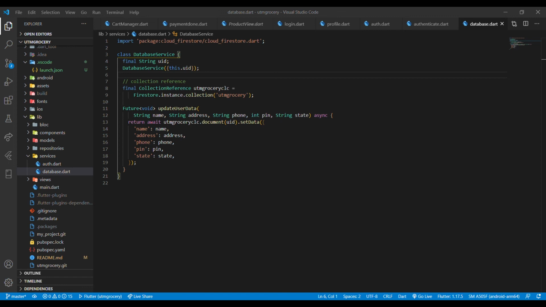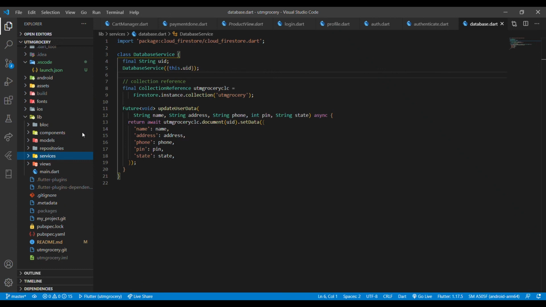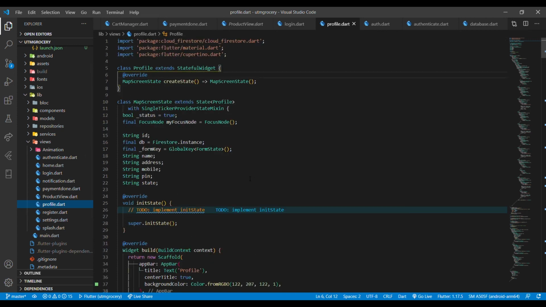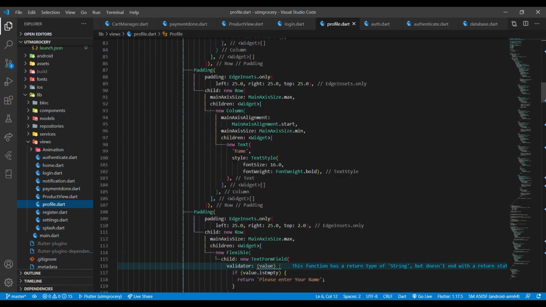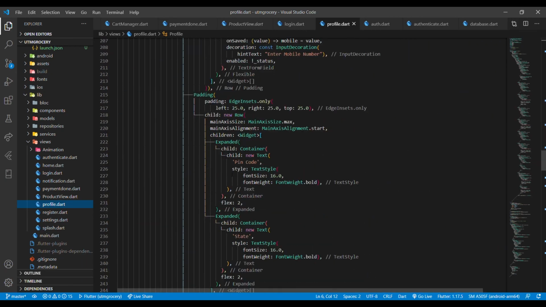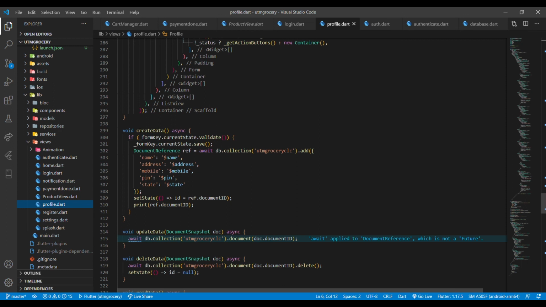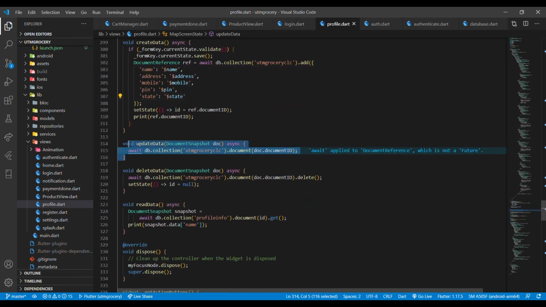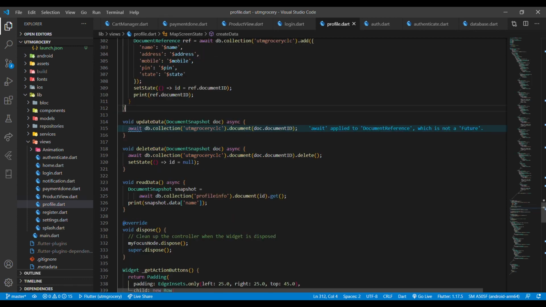So let's see the code for CRUD operation. We did our CRUD operation in the profile page. If we go to the profile page, we have our stored data. After validating all the forms, if we come down, we have create data, which creates the data and stores it into the database with these fields. Also, the user can update the data, so this is our update data function. And also we have delete data and read data,